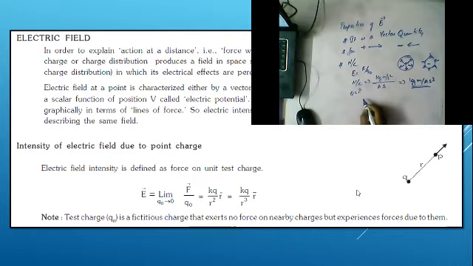Now we can write the dimensional formula. How to write the dimensional formula, guys? We know that M is 1, L is also 1, time T is -3, and current I is power -1, depending upon the representation. So M power 1, L power 1, T power -3, and I power -1. This is the dimensional formula.